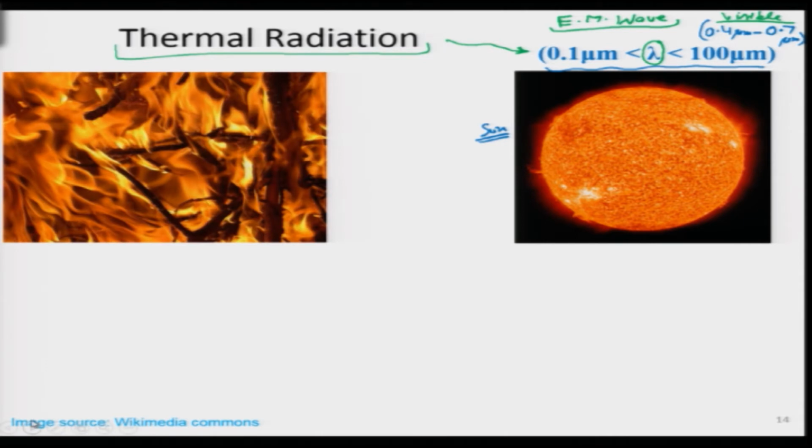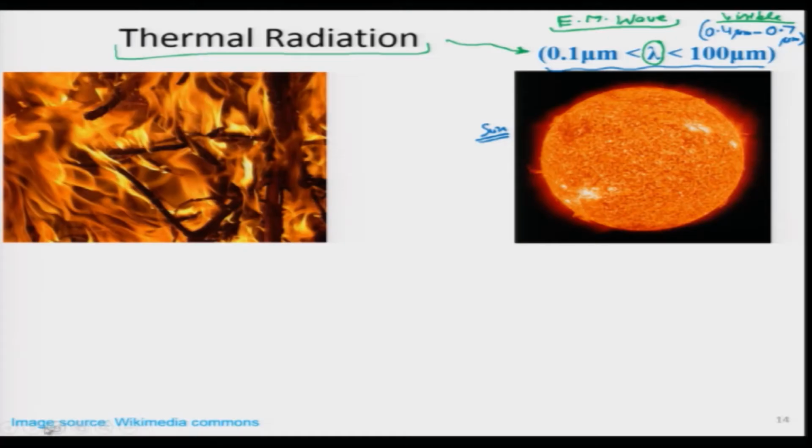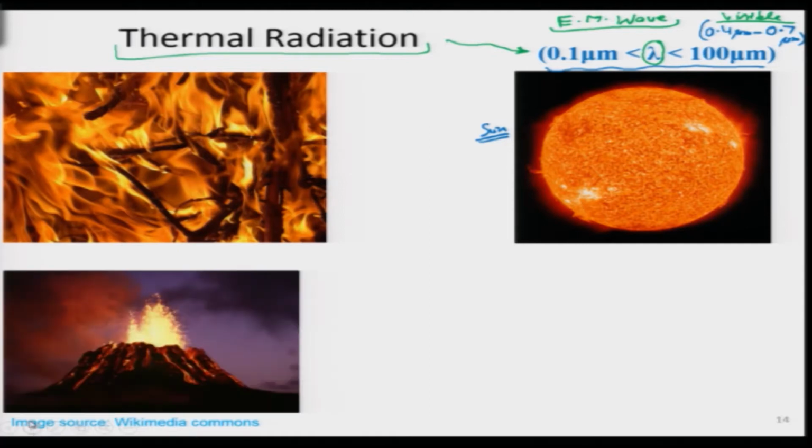So, if there is a fire, then not only visible light, but heat also is emitted. When scientists measure, they figure out that a lot of thermal radiation is coming from this particular fire as well. What are other examples? People have been looking at volcanoes for long periods of time, at those zones which are having active volcanoes. So, this is one of the photographs which is taken, and not only when the volcano is active,